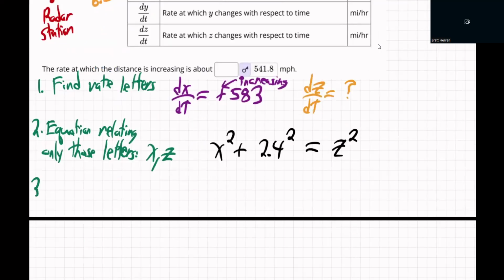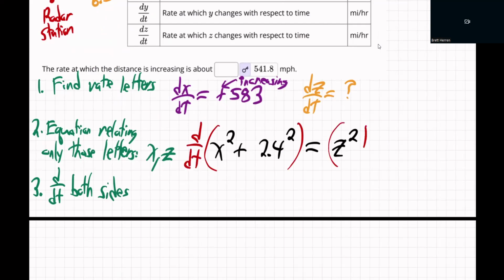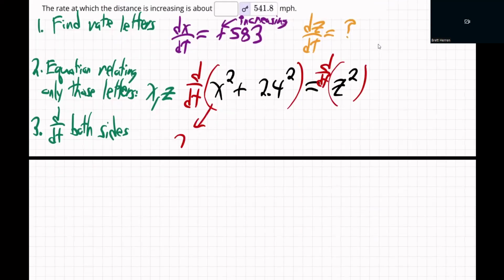And then step 3, d/dt both sides. Take the derivative with respect to time of both sides. So let's do it. What do we get? 2x dx/dt plus 0. Derivative of a fixed number is 0. It's not changing at all. Its rate of change is 0. And this is 2z